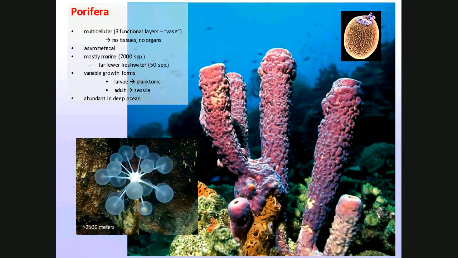Even though that purple vase sponge there kind of looks like it's symmetrical, it's only because of the way it grows. There are many sponges that grow blobular, if you will. As a larva, though, and this goes back to the idea of dispersal, it's amazing to me as we talk about the animals, the parallels that I hope you guys can draw. It's amazing to me the parallels between how animals evolved as the earth changed and how plants evolved, and how anything evolved, and this whole idea of variability and dispersal,